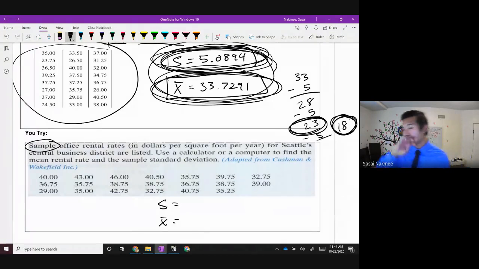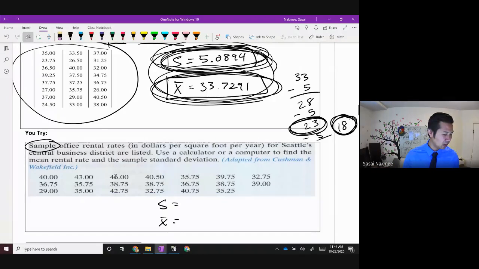I'm going to set a timer. This is going to take you a while because there are 20 data points here. So you're going to have to type in 20 numbers into either your TI calculator or into Google Sheets. So if you're lost on what to do,